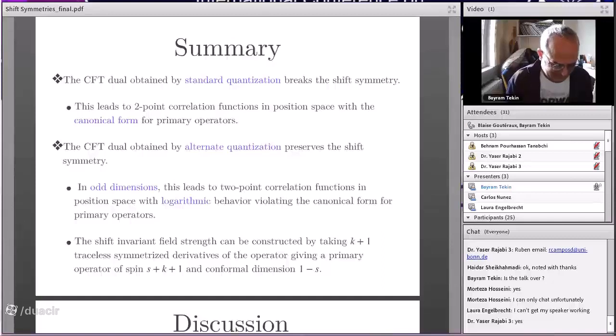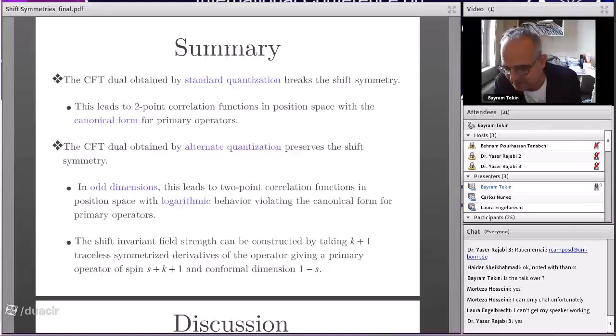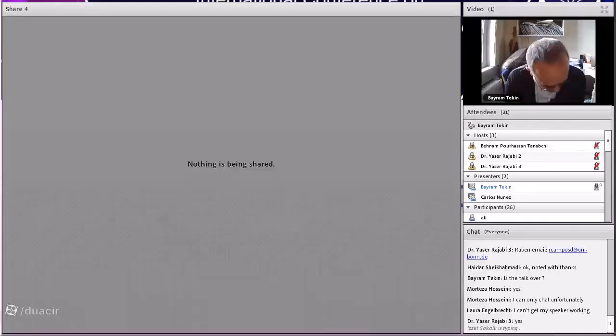Okay, let us thank our speaker again. And if there are no more questions, we can actually start the next talk. Carlos Nunes will be speaking about aspects of gauge string duality. He's from